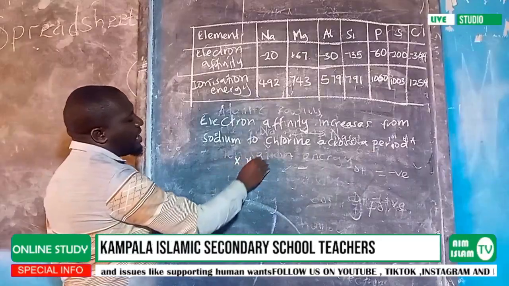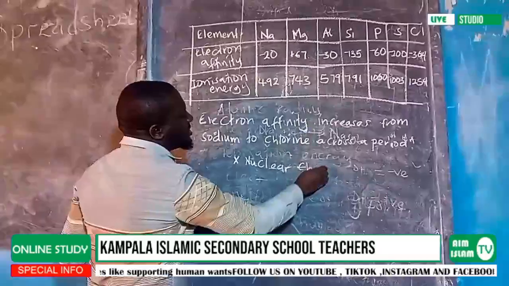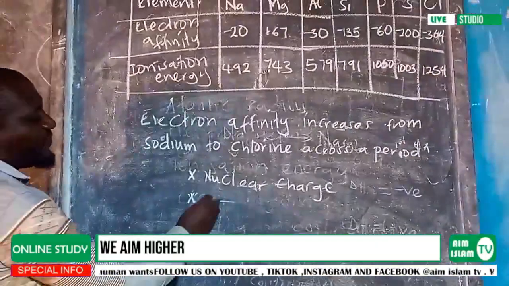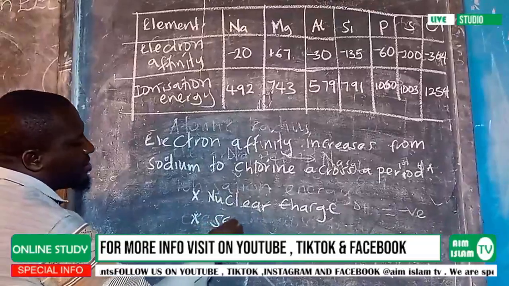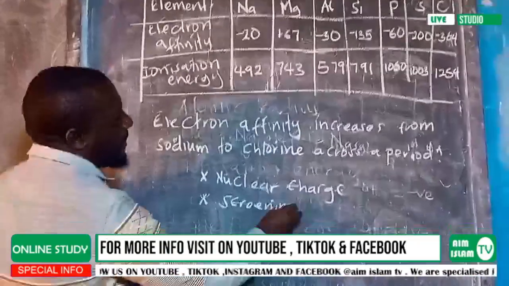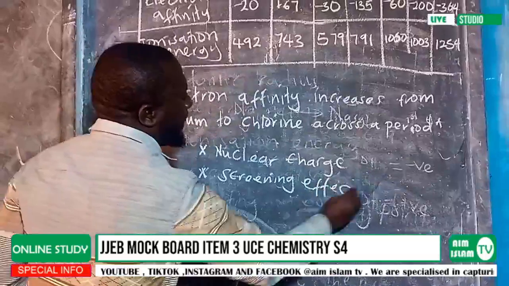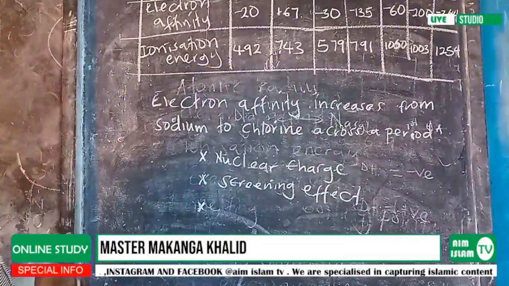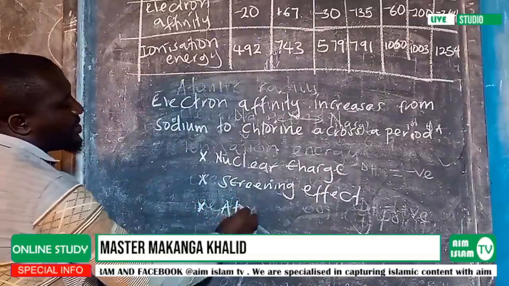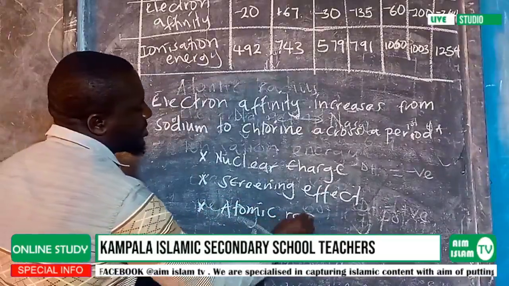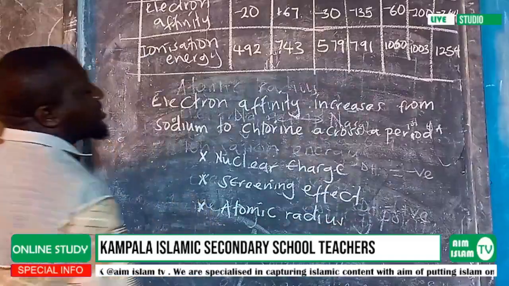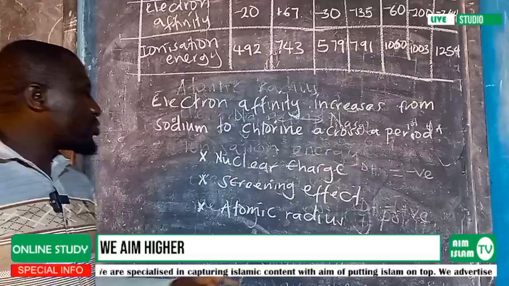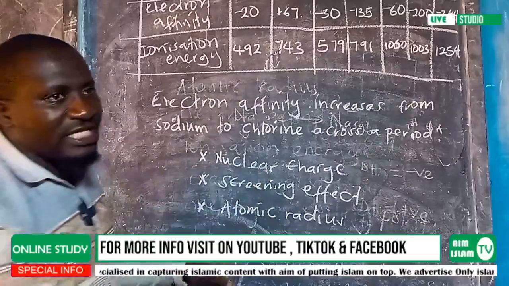We have what we call the nuclear charge. Then another factor which affects electron affinity is screening effect. Then lastly, another factor you will use in the explanation is the atomic radius. So here, you talk about all those factors, and you know that the nuclear charge is caused